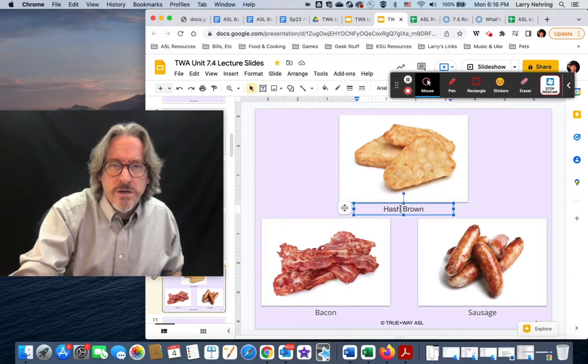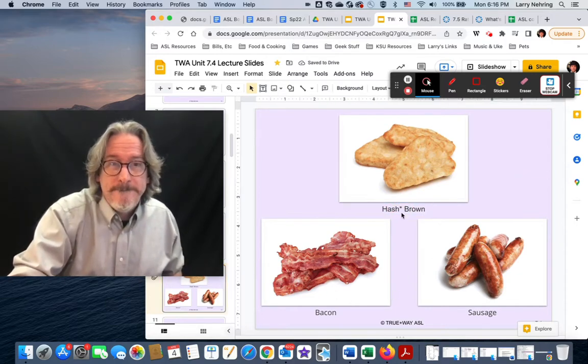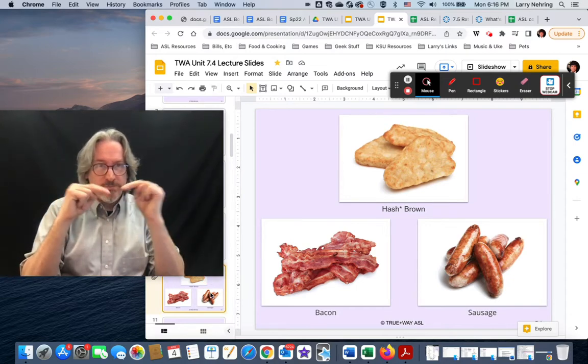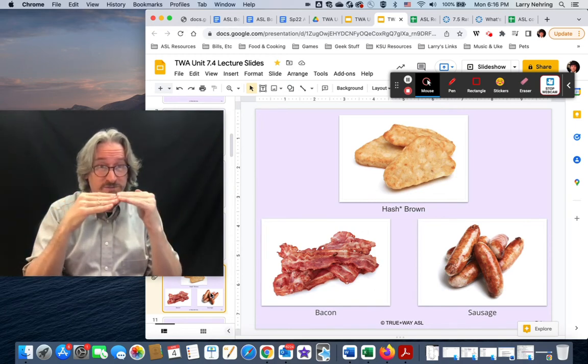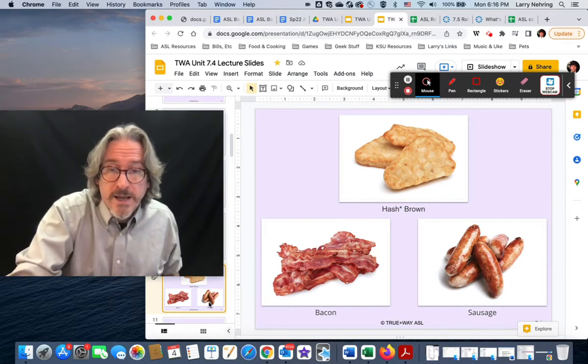Hash brown. That's another one that hash gets fingerspelled. Now, bacon, two fingers, two H's or two U's, bacon, right? As opposed to lasagna, which we'll see later, which is the full hand, two B's. Sausage,